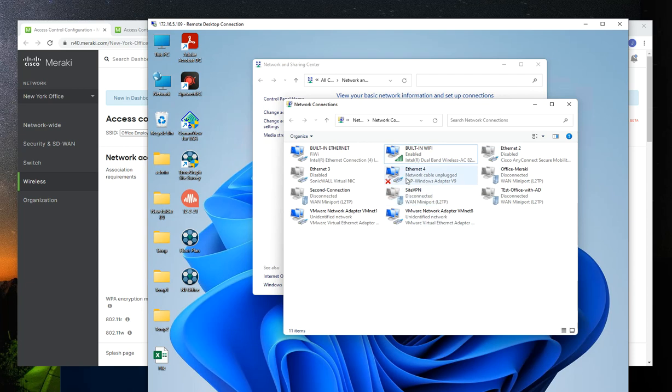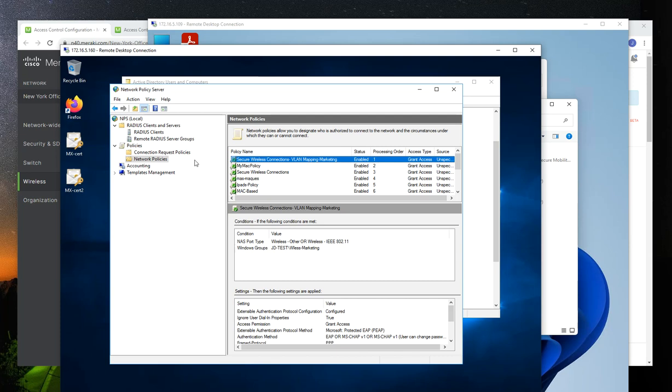and I am connected. So as you could see, it's a pretty simple configuration once you have everything configured properly, of course. But it's super useful because you can manage the traffic to your network over the Wi-Fi based on policies that you create on your NPS. And you can create your policies and assign VLANs and different type of access to it. So that's what you would do with Meraki